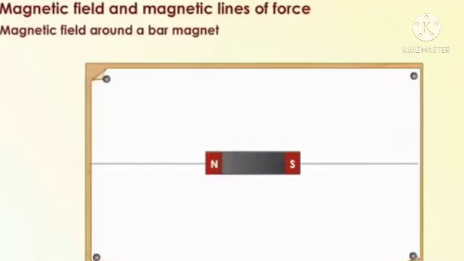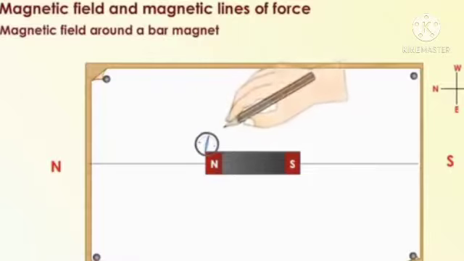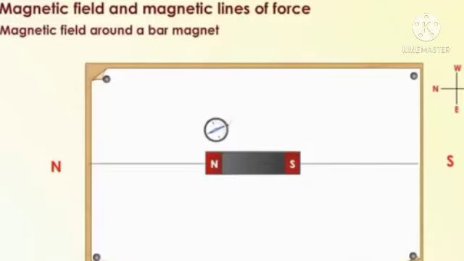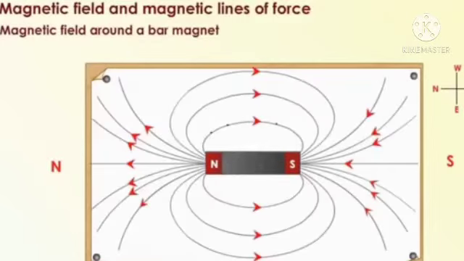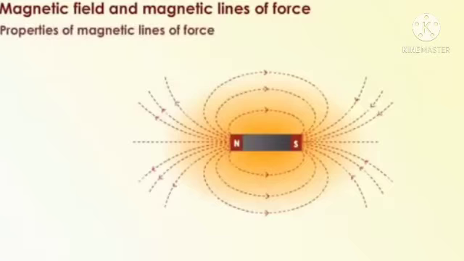The bar magnet has a north pole and a south pole. Place the board in the north-south direction. With the help of a floating compass, plot the magnetic lines of forces. Then we get the magnetic lines of force as shown here. These are all curved lines. Observe carefully. You will find that these magnetic lines of forces are highly concentrated near the poles. Magnetic field is represented by the set of lines. Furthermore, they are closed continuous curves.